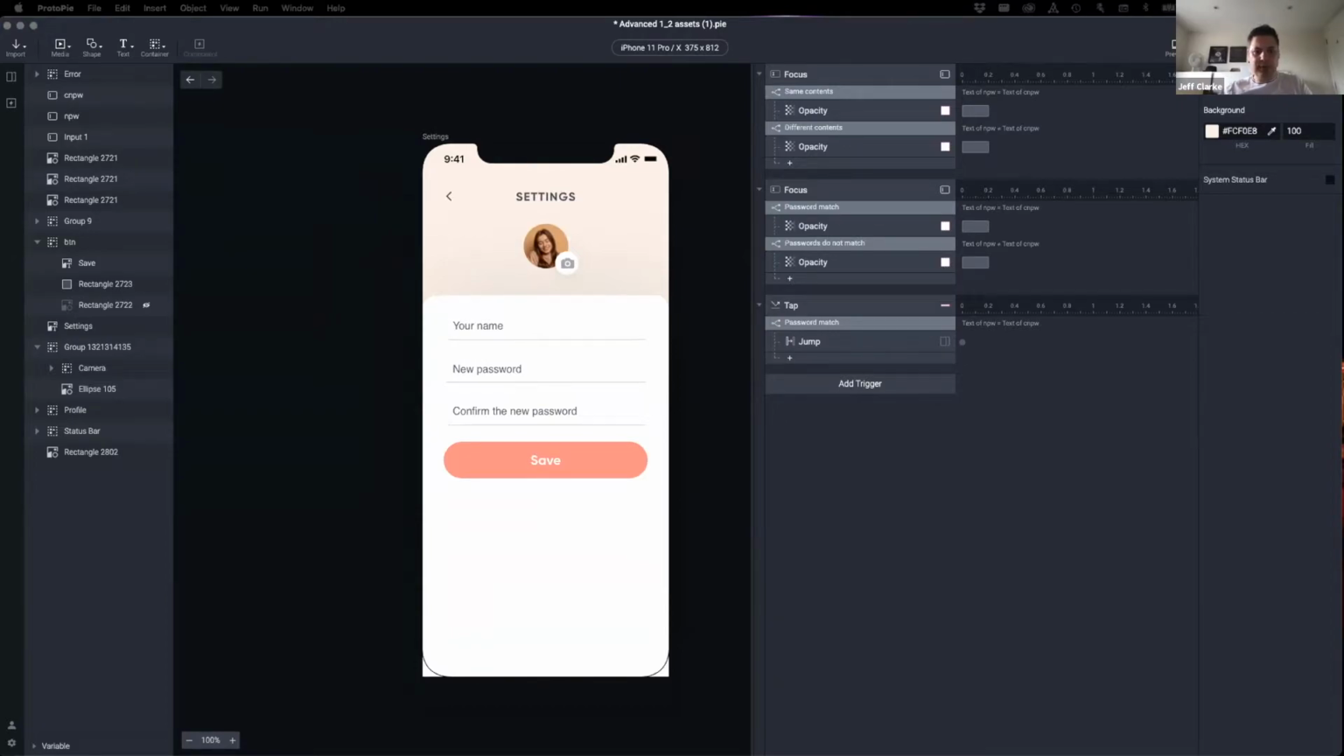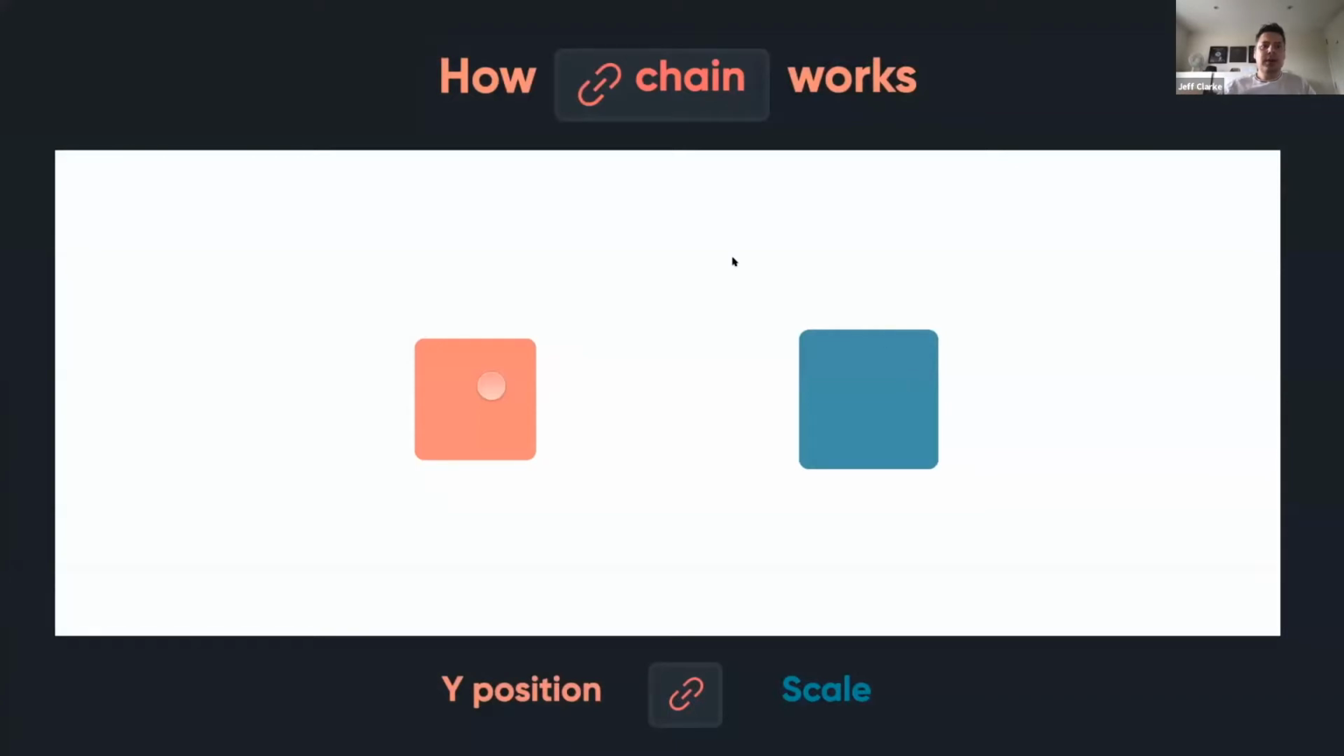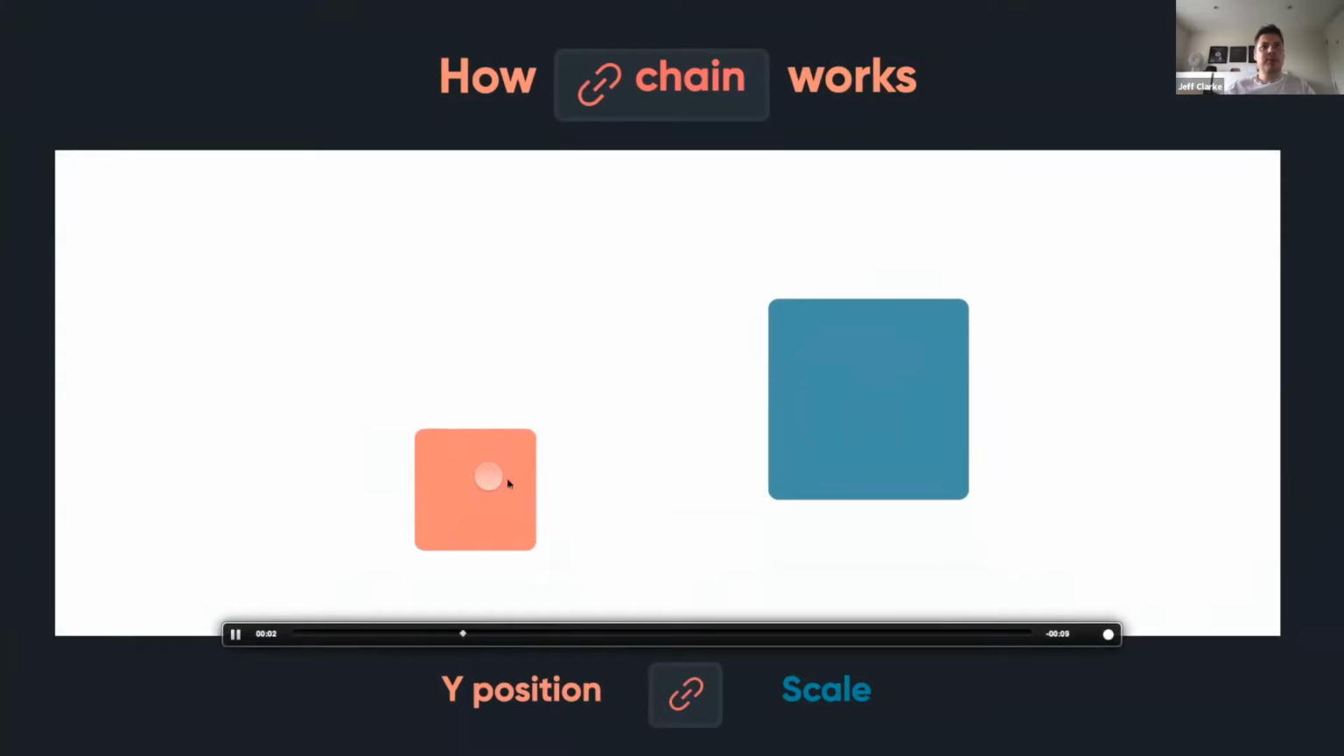So we're going to move on to the next one. The next one is something called chain. And the way that chain works, chain is a trigger that allows you to associate the property of one object with another. So in this case, if I play this little video here, there's this red box moving up and